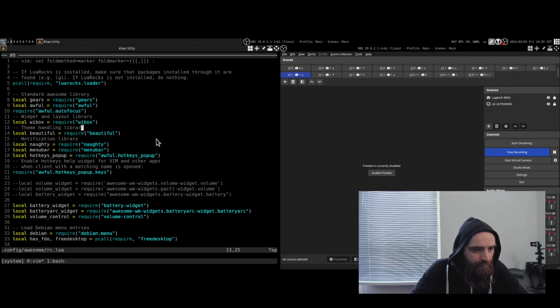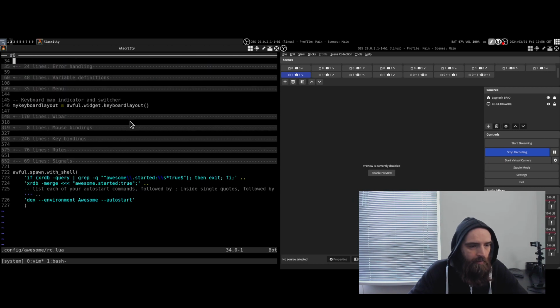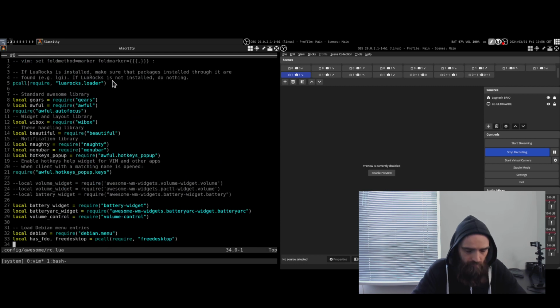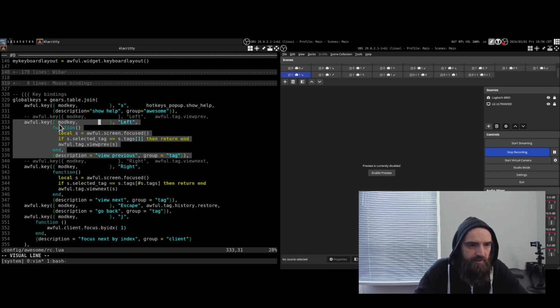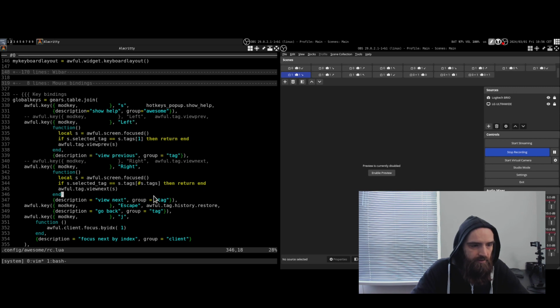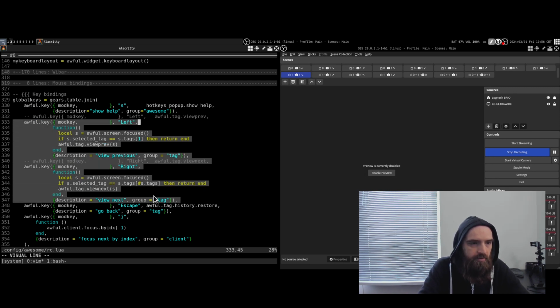So here's the config file. The path to this config file is the user directory, then .config, awesome, rc.lua. And so it was view previous, view next. So let me just search for view previous, and here we go. So here I have the code for this super left. You can see that mod key refers to the modifier key, which is set to the super key by default, and left and right. So basically these two things,